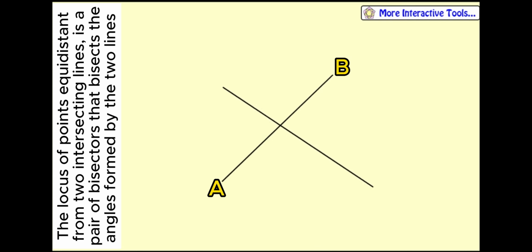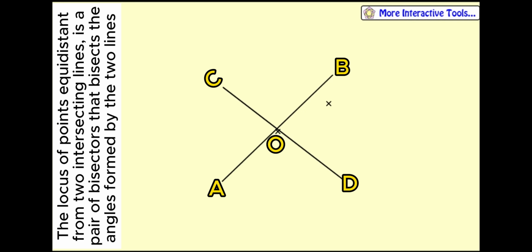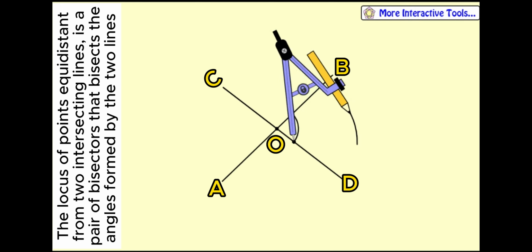We also have a line CD. The lines AB and CD meet at point O. So we want to bisect angle BOD. To bisect angle BOD, we draw an arc, put the compass at that point,